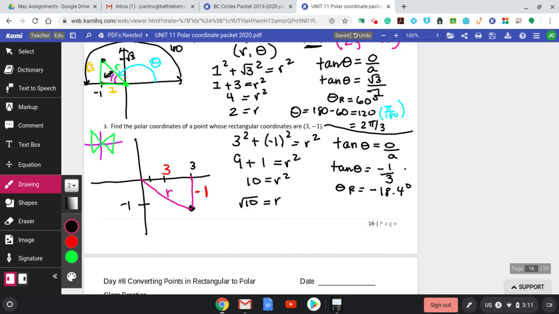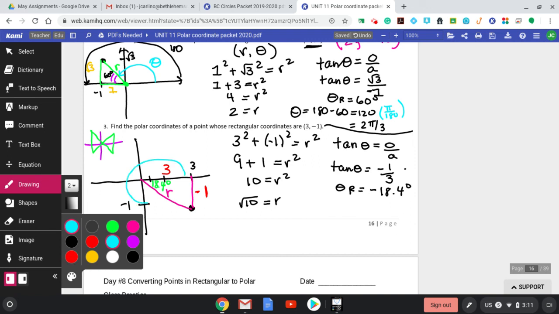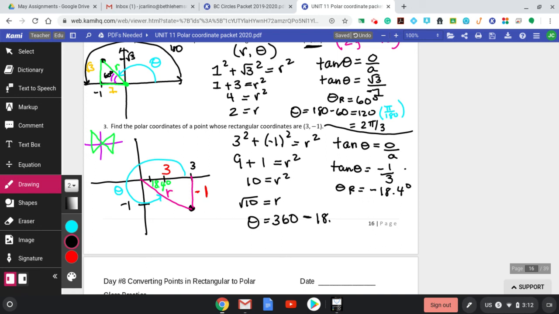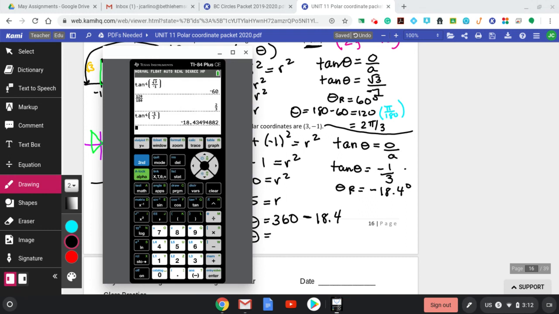And again, I just told you this in number 2. Reference angles can only be positive. So we're talking about an angle of about 18.4 degrees right here. That's 18.4. What I need is, what's the angle in the fourth quadrant then? And to do that, theta equals, well, if I went all the way around, it would be 360. But now I got to subtract out that 18.4 to get to the full angle. So theta is going to be 360 minus 18.4,